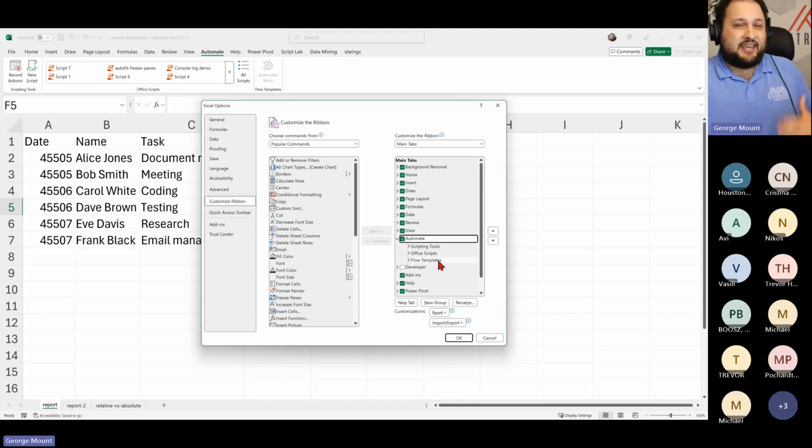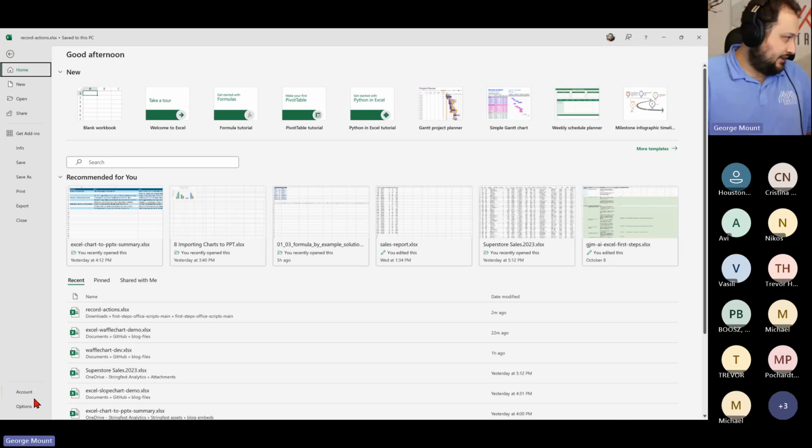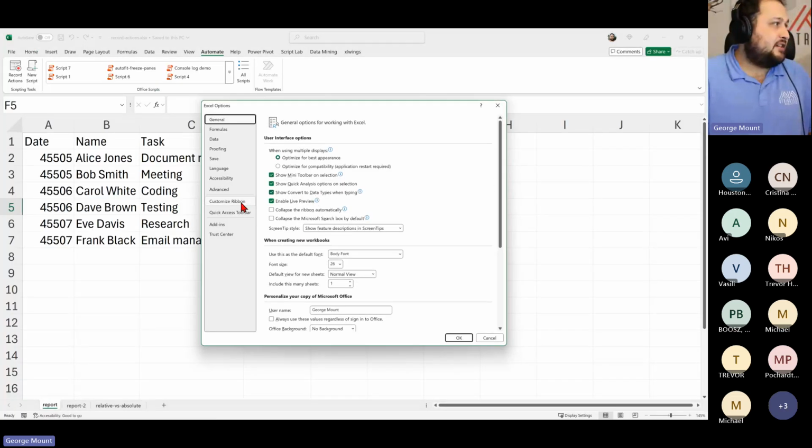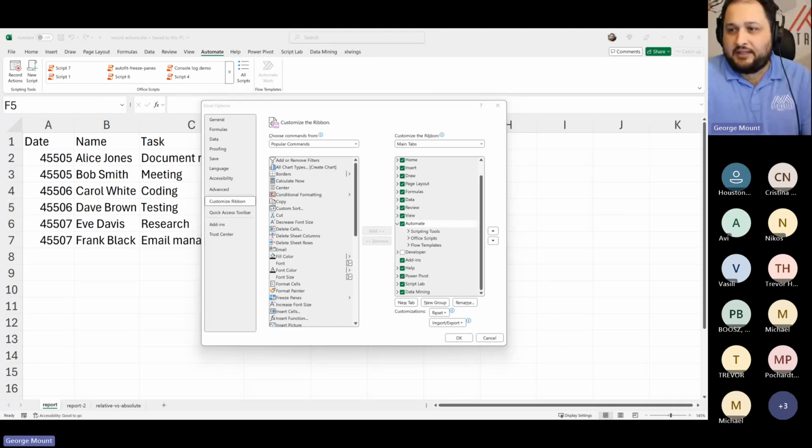I know with VBA, that's one of those things where you do need to have the Developer button turned on to see it. So that may be one last course of action: File, Options, and then go to Customize Ribbon. Now, if you don't see this, then unfortunately you just don't have it. That means that you want to see where you can get it. And I just shared that link again in the chat.